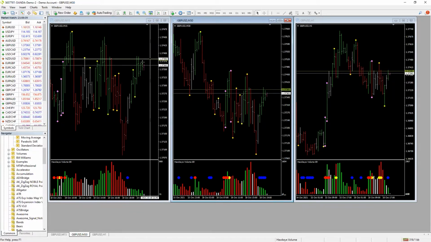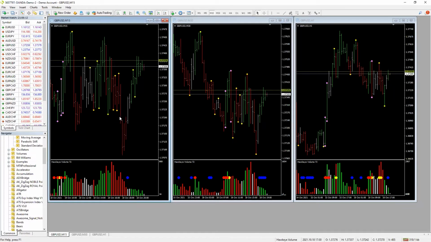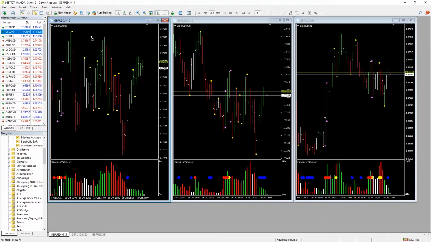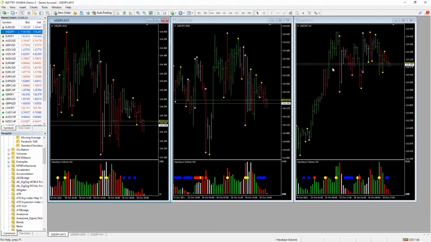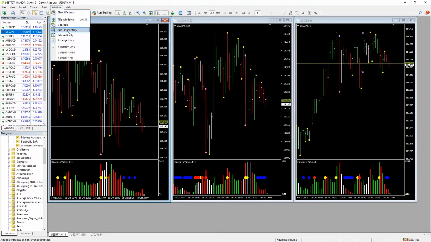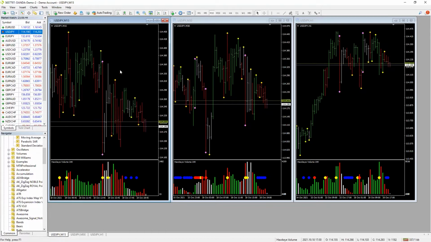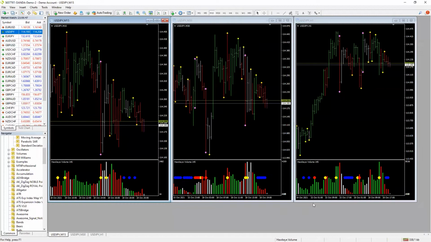So I have to manually go through and identify multiple time frame analysis using a very rough approximation. Also, when I change symbols on each of these charts, I can't just click or change the symbol. I have to drag and drop the symbol from the market watch over to the chart layout one at a time. And like I said, if I go to full screen, I have to either go up under window and resize everything, or